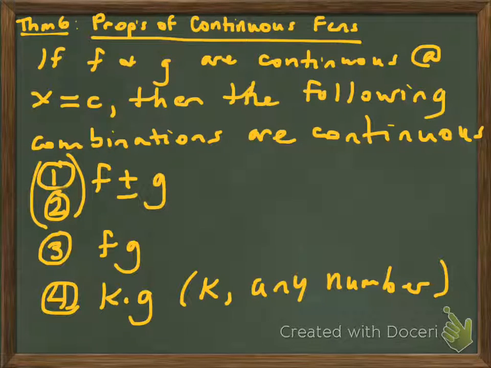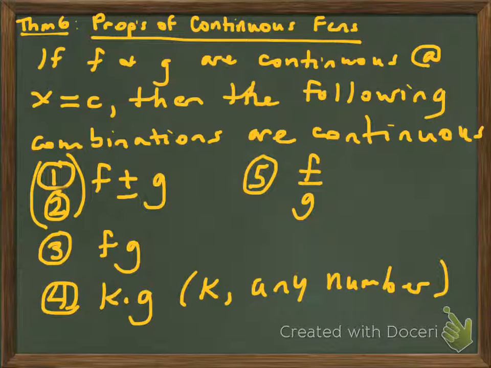And then there's one more that you should write underneath, but I have not left myself room on this screen, and that is Rule 5. Now this one you should be able to guess because it's the only one left. Quotient. We've done a sum, a difference, a product, a constant multiple, and the only thing left is a quotient, right? So this is the quotient. So f over g,